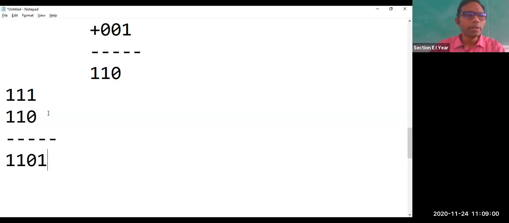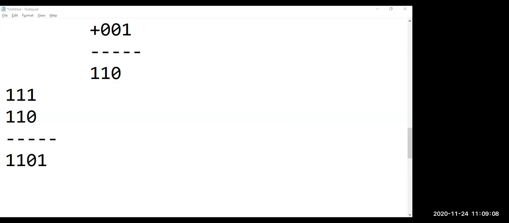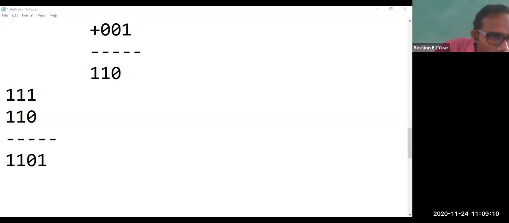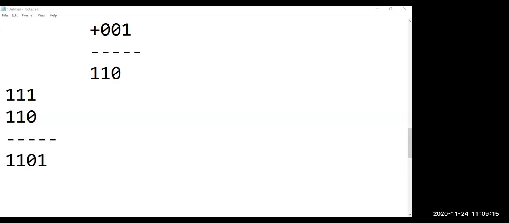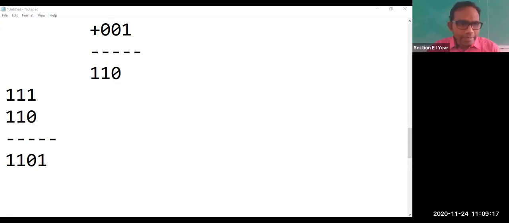Okay, nothing to worry. Let us solve this one. We are going to add 1 and 0. 1 plus 0 is directly 1, right? No issues till this part. Now let us go with the next one. 1 plus 1. What is 1 plus 1? It is 10, not 0. So write this 0 here, and take the 1 as a carry bit.